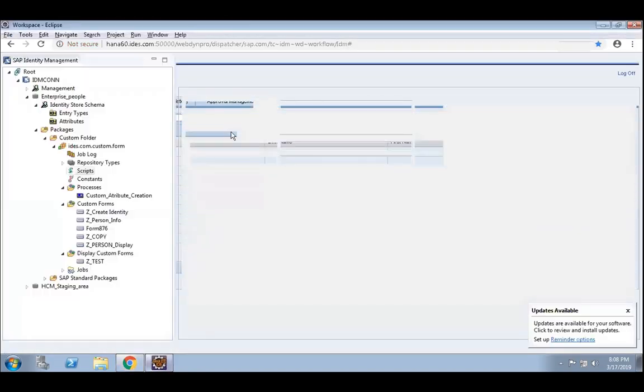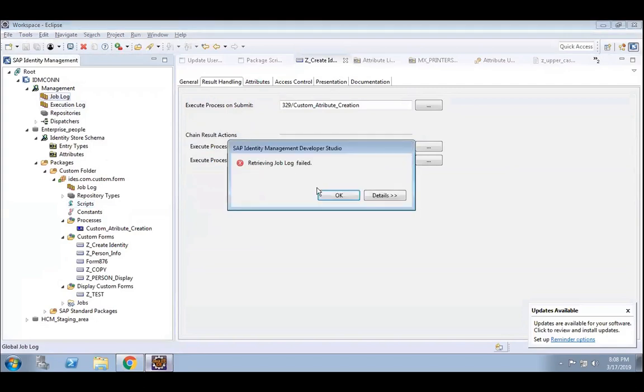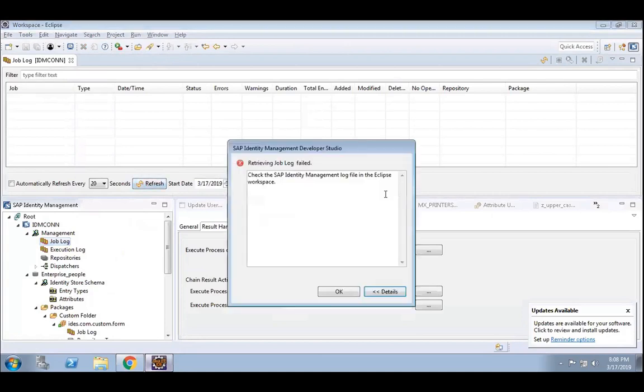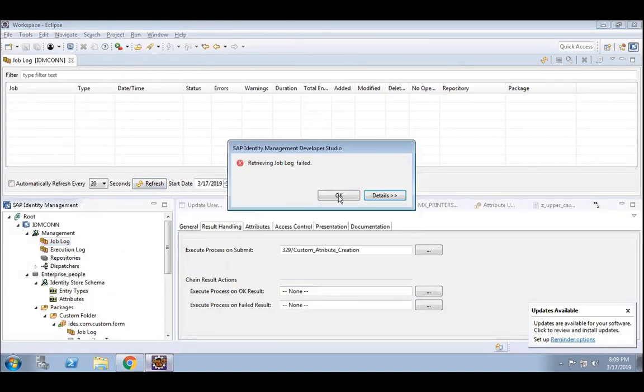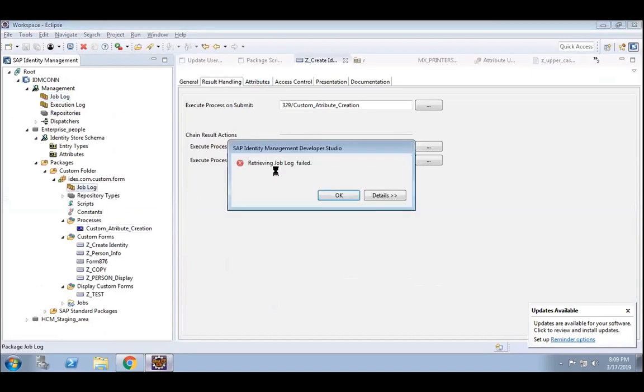Now go to the job log, the main job log. Why is it showing job log retrieving failed? There must be some version mismatch occurring. What version mismatch? IDM along with the Eclipse version mismatch.